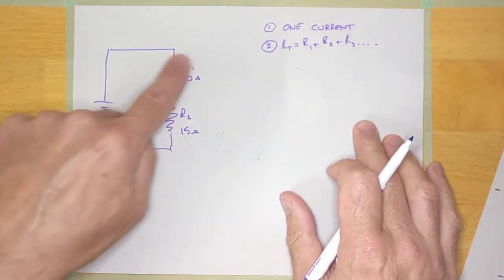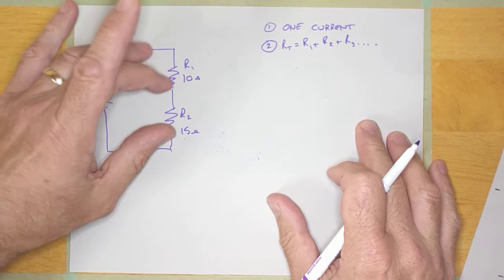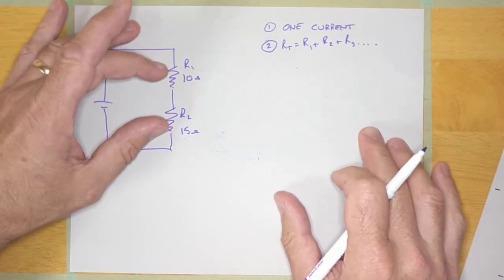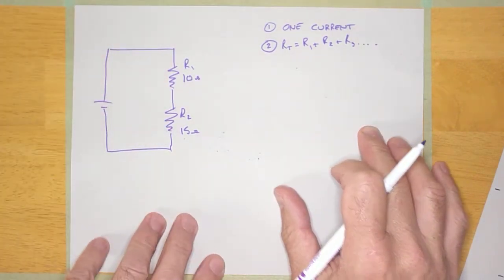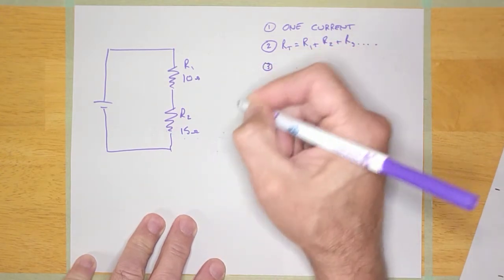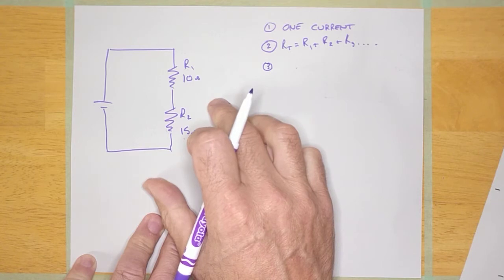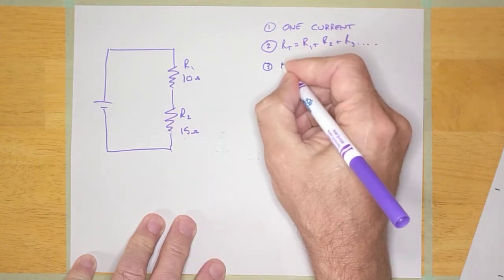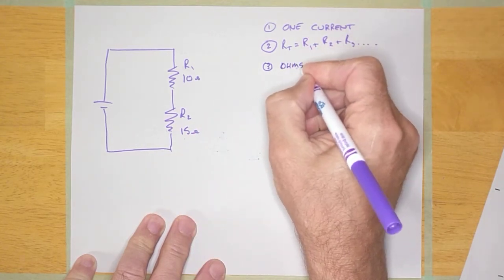What that means is the total resistance of this circuit is going to be the sum of all the resistors in the circuit, okay, guys? Not hard to remember, just going over it real quick here. The third rule for series circuits is Ohm's law, okay? Ohm's law